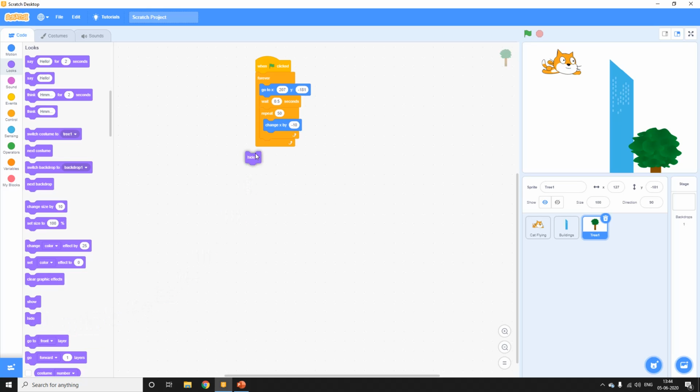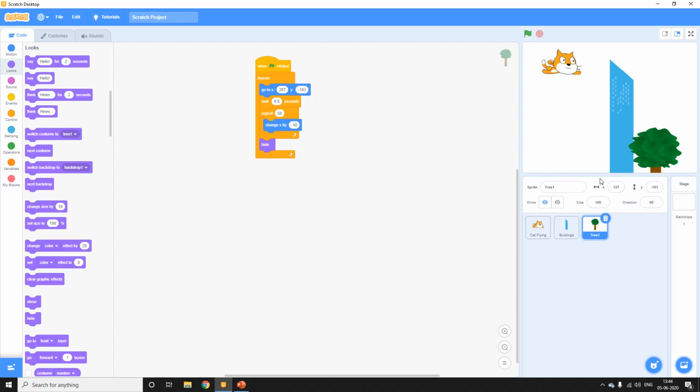So what's happening? Whenever I'm clicking on the green flag, the forever block is starting. The tree is going to the initial position right here. Okay, and then it is starting its motion towards the left side. Okay, it's completing, and then it is hiding. So you won't be seeing the tree again. Now you want the tree to again come to its position right here, that is 207 and -181.